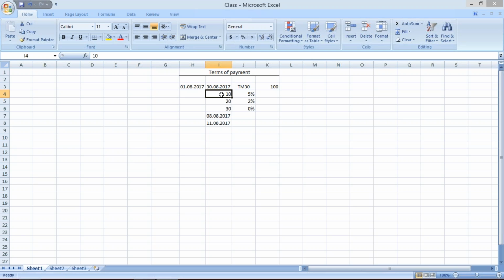From 10 to 20, meaning the 11th to the 20th, 2%. So if we make payment on the 11th, a 2% discount will be given by the vendor. So when we post a payment, only 95 rupees should go into the account of the vendor,